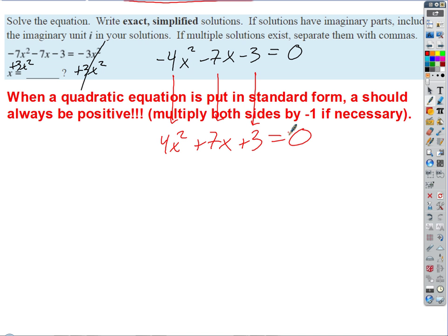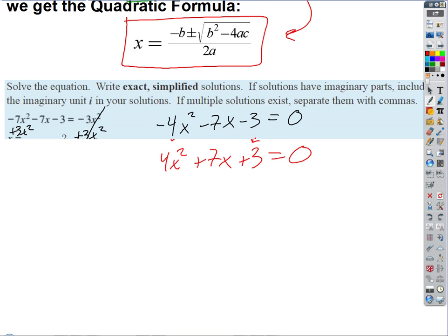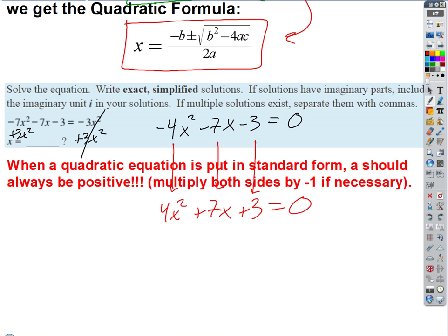And then all I've got to do is just identify what are the values of a, b, and c and put them in that equation. And that's it, right? So what's my a? 4. Good. What's b? 7. What's c? 3. Plug them in to that, and I'm done. A little bit of simplification, and I'm done. So what's that give us? So I end up with x equals negative b. Well, what's that going to be? Negative 7